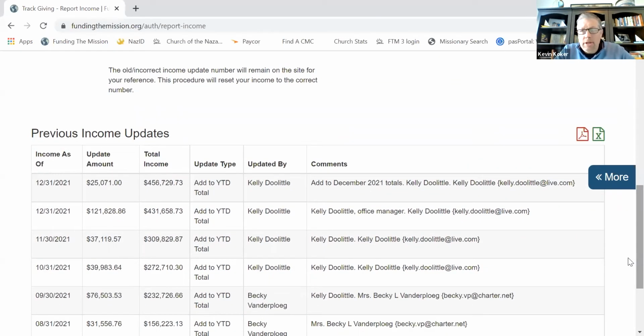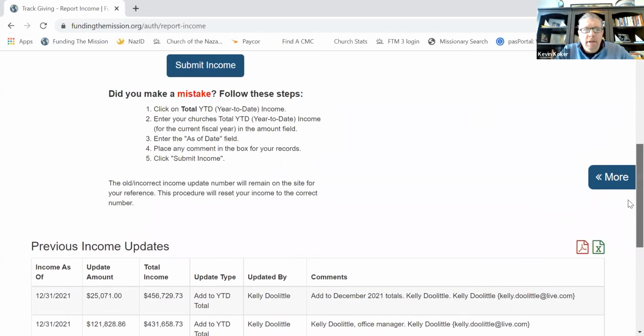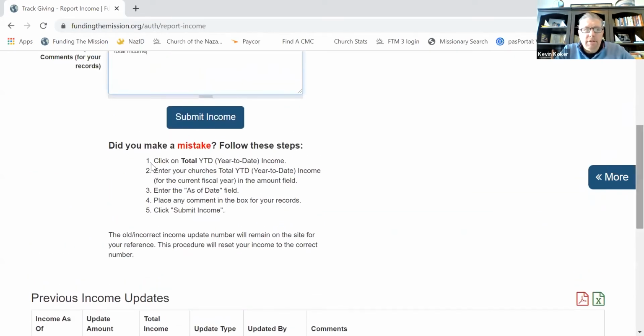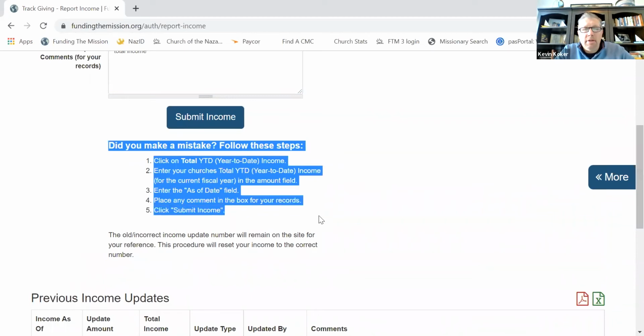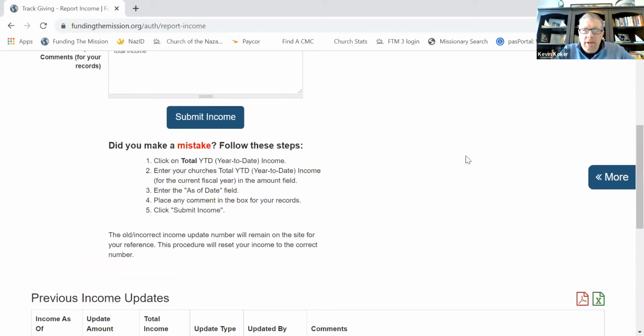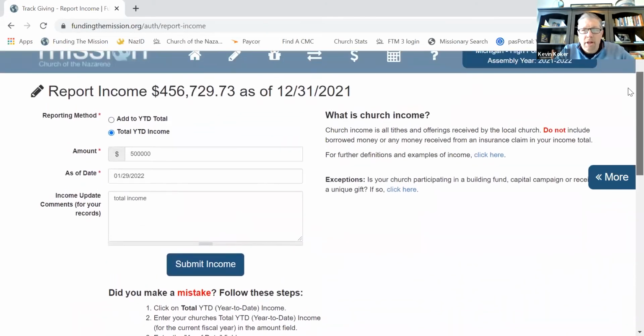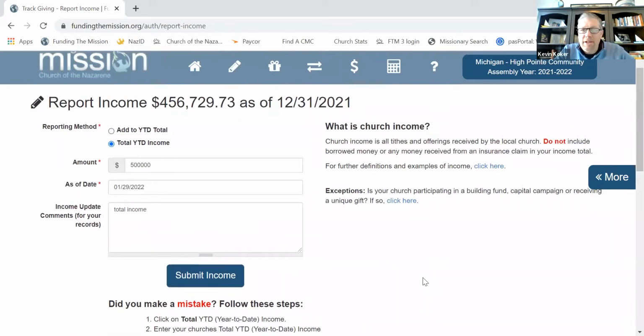So you can change your church's income anytime. This is not the official total for your church. It just helps the website calculate your goals. If you make a mistake, there is instructions on how to fix your mistake. Sometimes you may say, well, I meant to update and put $500 and add it to our income, but I actually hit too many zeros and added 5,000. You can always go back and reset your church's income by clicking on the total year-to-date income. There's a couple of links over here to the right-hand side